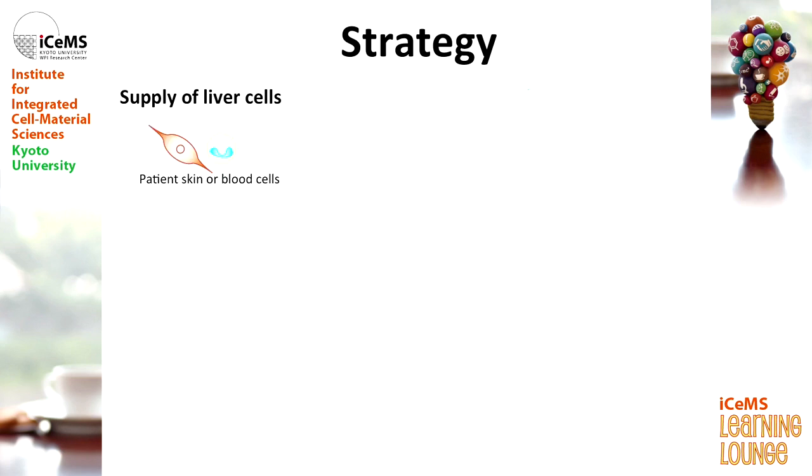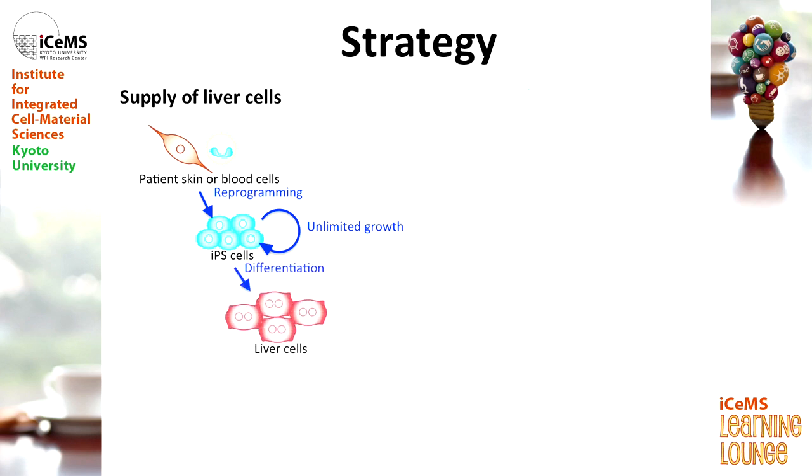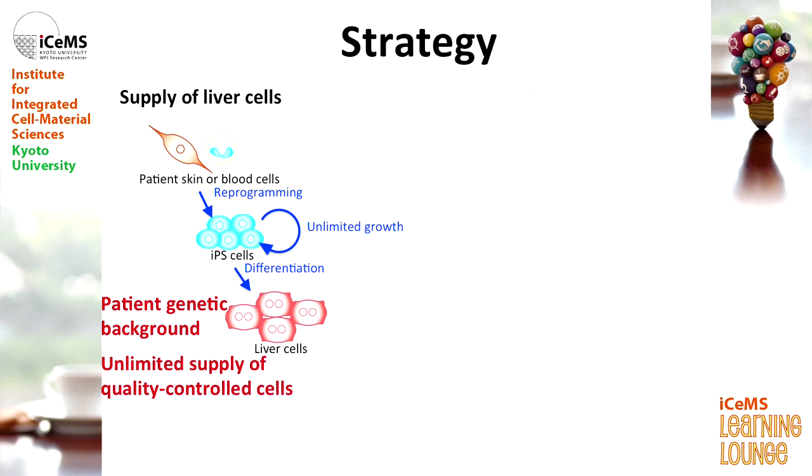We took patient cells, either blood cells or skin cells, and reprogrammed them into induced pluripotent stem cells, called iPS cells. The unique thing about iPS cells is that they can grow unlimitedly, so we can make as many as we want, whenever we want. And differentiate them into liver cells. The strong point of this supply of liver is that the cells have the patient's genetic background and it is an unlimited supply of quality-controlled